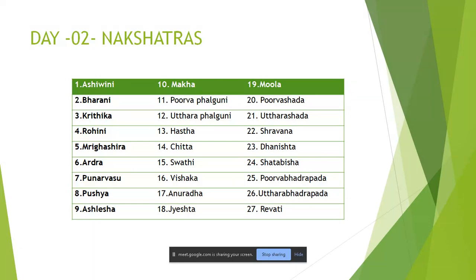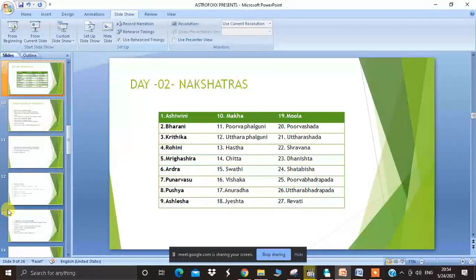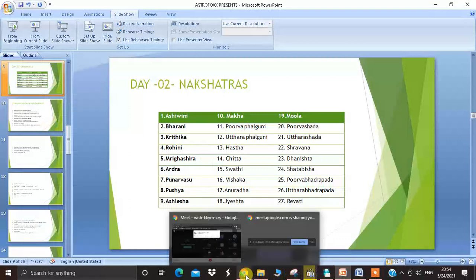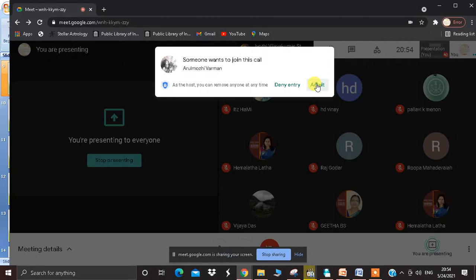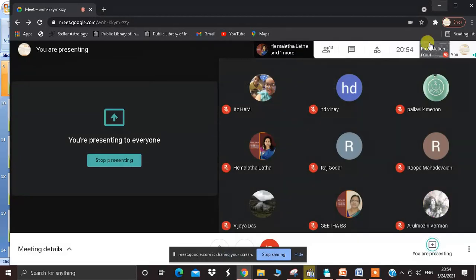Fine. So this is of great importance not only in the natal chart but also in electional astrology or Muhurta. We'll see in the coming classes and slides. In this class, I'll just give the basic definitions. Once we are discussing in detail the different Shodasha Samskaras, at that time I'll go into more detail. Just a minute, somebody has entered. Okay, fine.